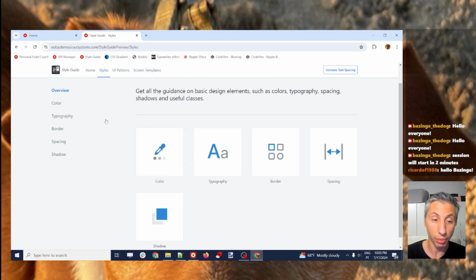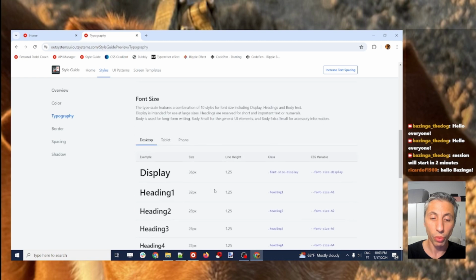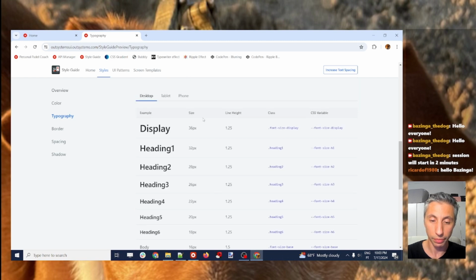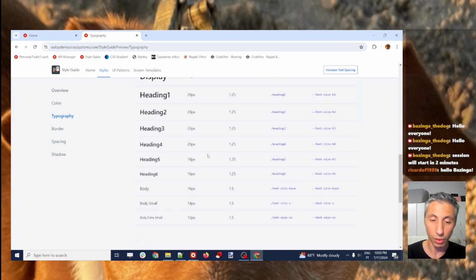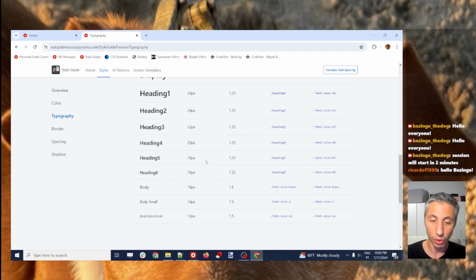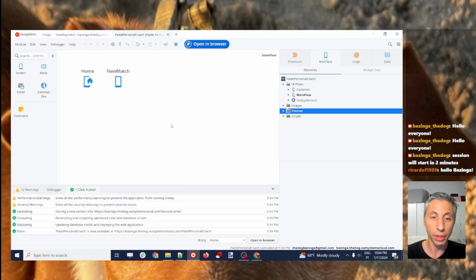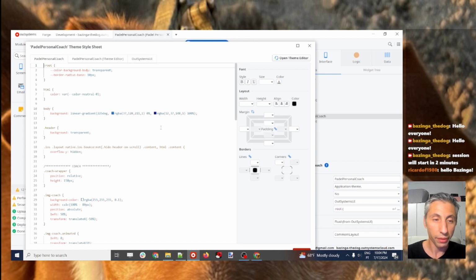On the typography, we can see that if we want to use the font of 16, this is the variable that we should use. Now, real easy, I'll come here to my theme, and on